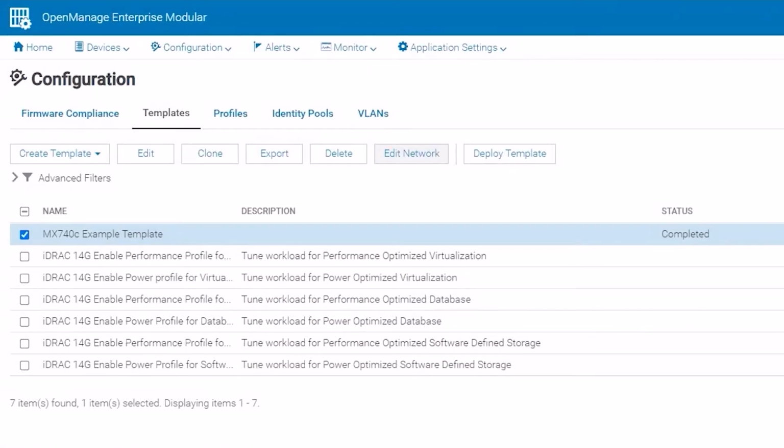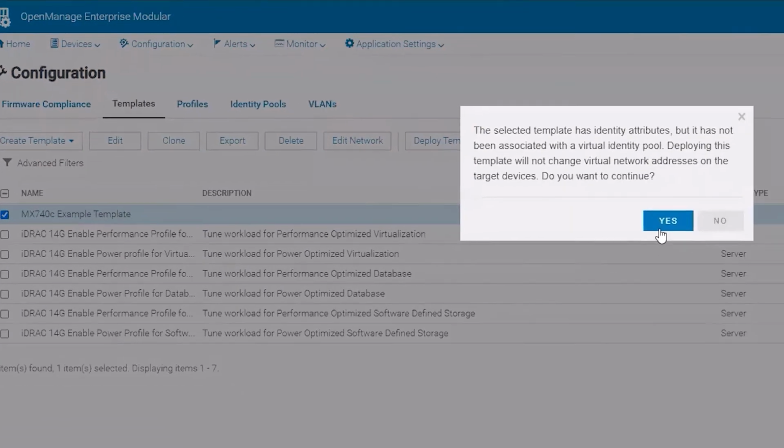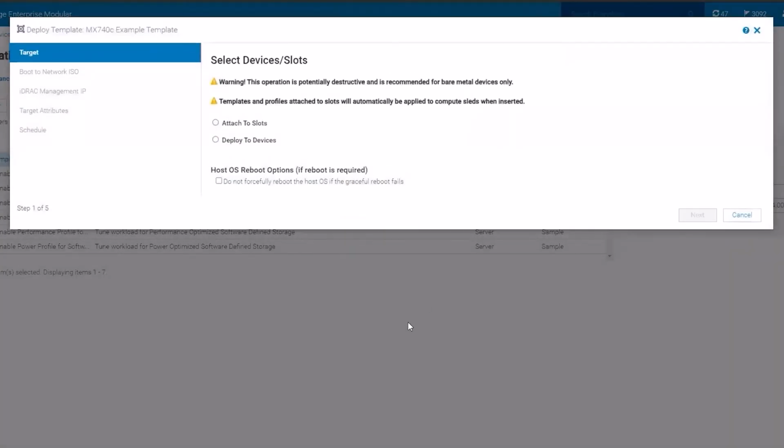Once your network settings have been applied and all of your VLANs are added, you then are going to need to deploy the template. The template that we just edited should still be selected, and then we'll just simply click the Deploy Template option. When you're deploying a template, please be aware that if it has any storage or BIOS configuration, then it could be data destructive, as it will push those changes at the same time that it applies the VLANs for Smart Fabric.